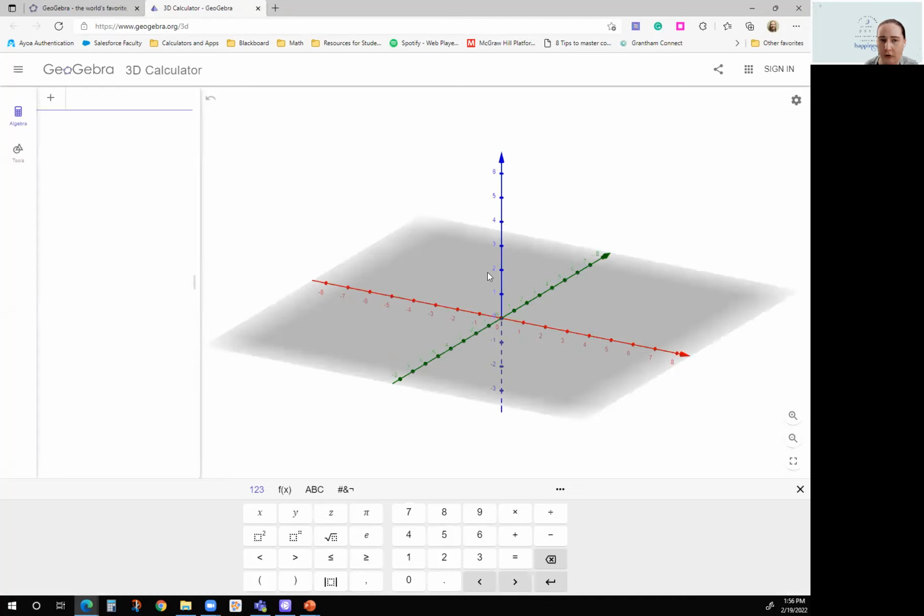Okay, so it's a little slow. It looks a little different, but it's very similar. It's got some similarities to Desmos. It's a little slower, but it does do 3D. So if we were to check our work for an XYZ problem,